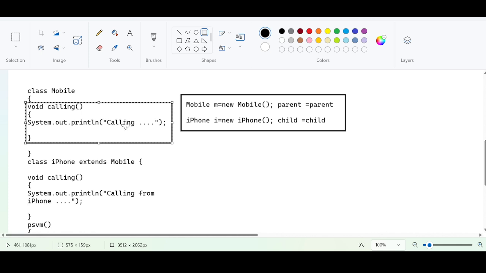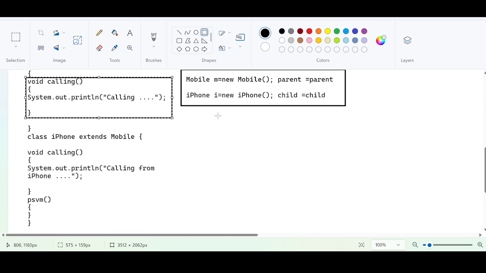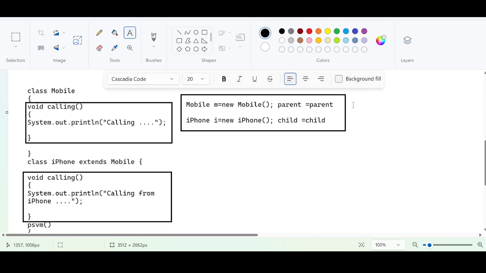"Calling" will be displayed in the console. But when I use this reference, i is of iPhone type, and when I do i.calling(), "calling from iPhone" will be displayed. Yes or no? We are being very specific. See, I can do it like this for you: m.calling().